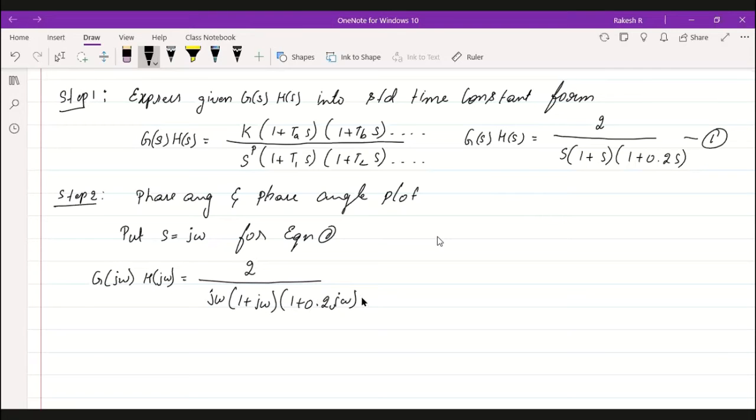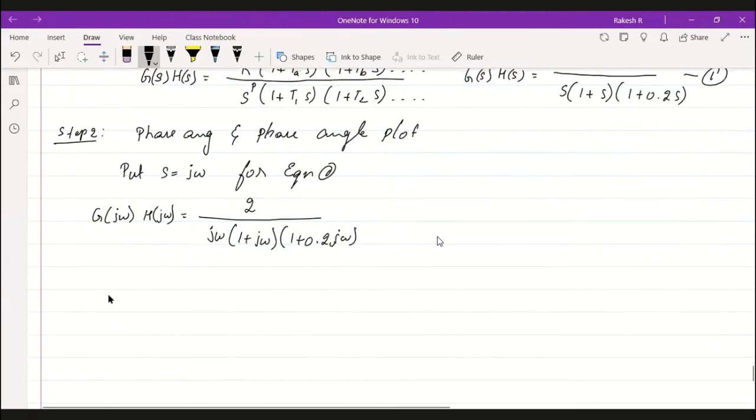This is what we need to convert here. Now, after this, we need to obtain the phase angle plot, that is phi. For the numerator, that is tan inverse of b by a, that is imaginary part by real part. For this, we don't have any imaginary part, that is 0 divided by 2. Right? In the denominator, we have only j omega, that is only the imaginary part. For that, I'll need to write tan inverse of